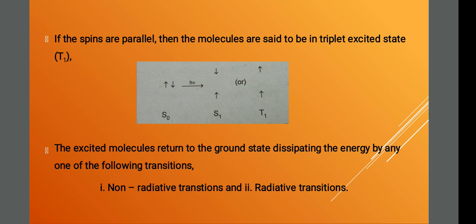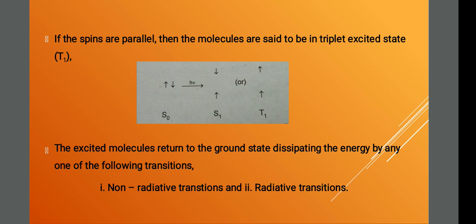Is it okay? So we can have a short recap of what you have seen in today's class. First we saw the photochemical combination of hydrogen and chlorine. Then the basics of photophysical processes, that is, the mechanism of energy transfer in photophysical processes. Is it clear? So I'll repeat photophysical processes.